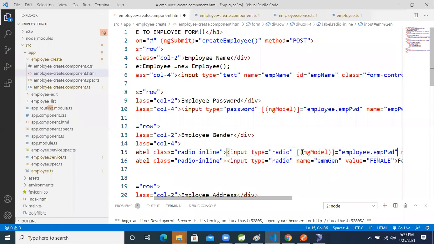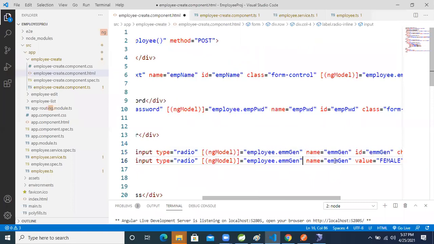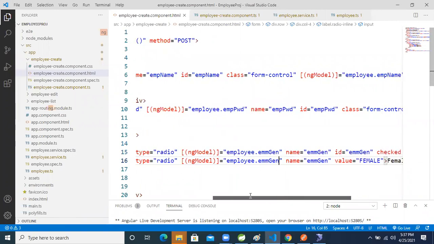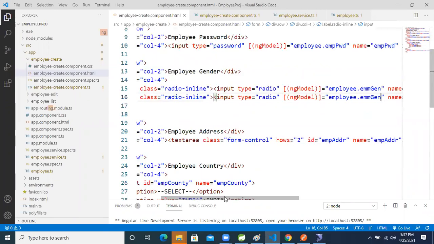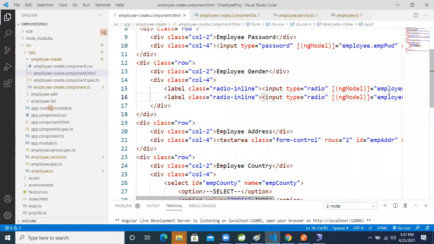Again, copy this one and paste it inside this input, the gender only. Okay, so fine. One more field is there, the employee address. Copy this one, come inside the text area and paste it.